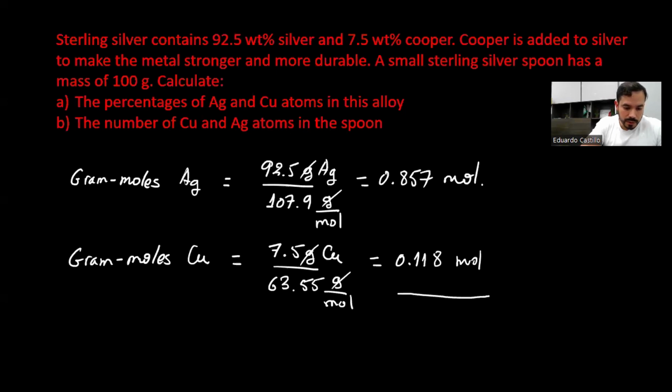This means that in total, in this spoon, we have 0.118 plus 0.857. So we have 0.975 moles. And since we want to know the percentages, it would be the atomic percentage of silver will be equal to